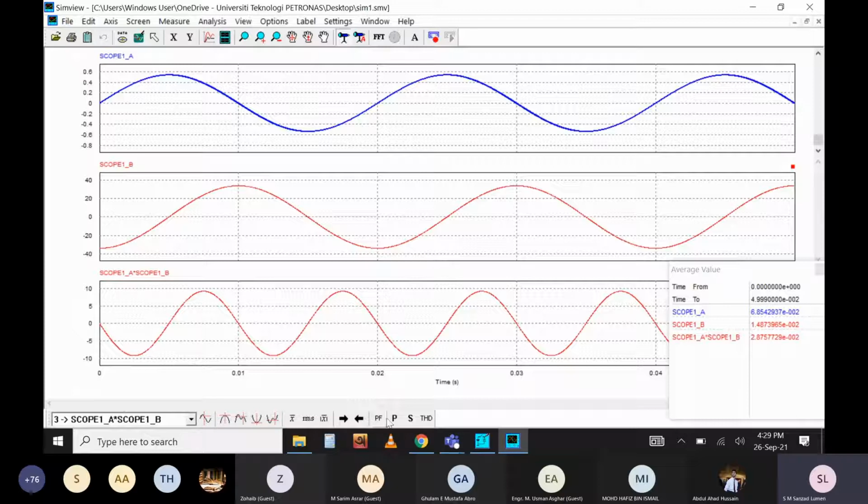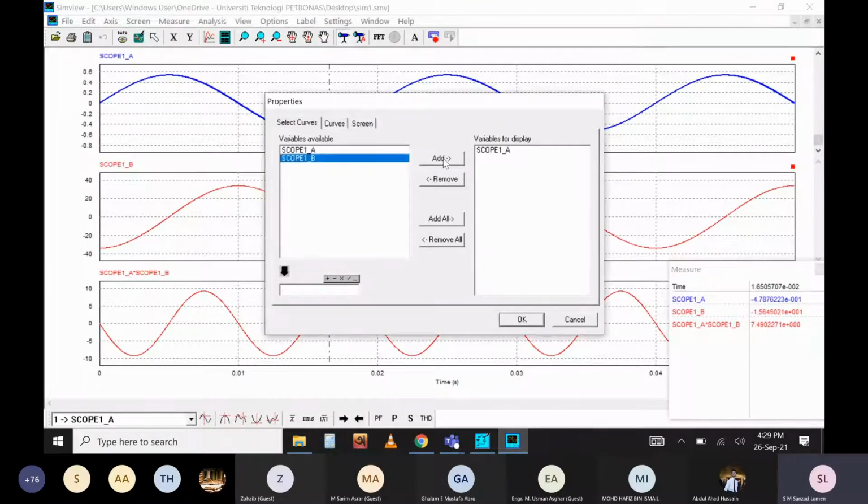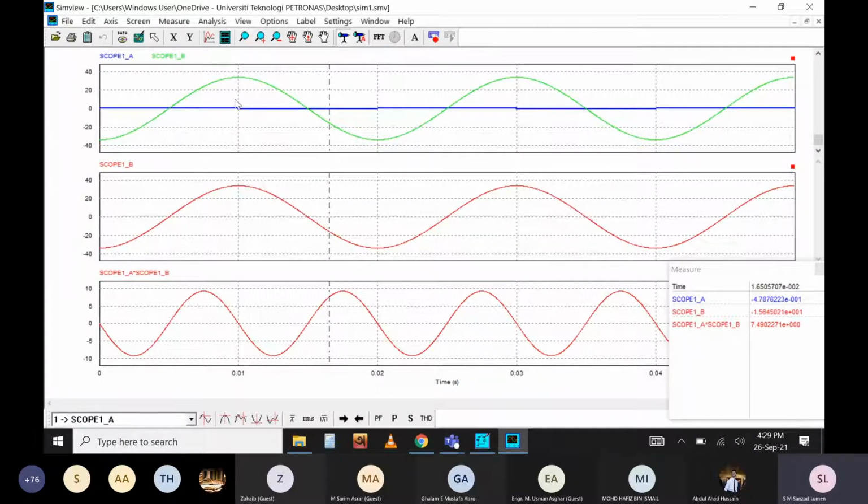If we want to calculate the power factor, in that case you need to put voltage and current in the same graph. Say for example, I want to put the voltage here as well. So now graph 1 is showing the voltage and current. Now we can calculate the power factor.